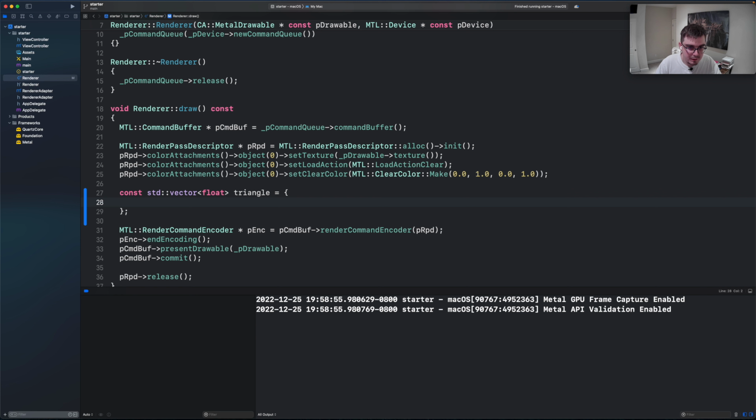So Metal is a 3D first API, and so internally it assumes that all vertex coordinates have 3, well, x, y, and z coordinates. In our case, we don't really use z for now, just x and y, and so we will use 0 for that. And according to our picture,